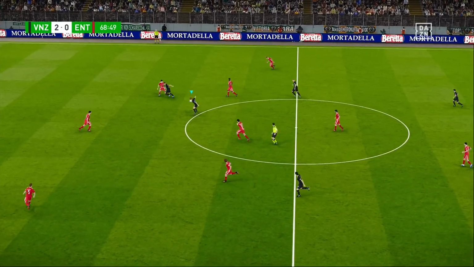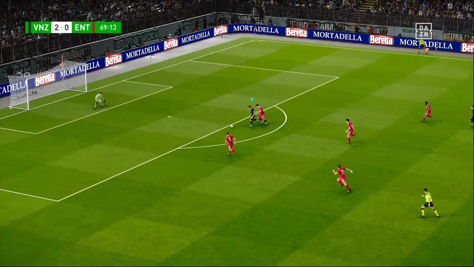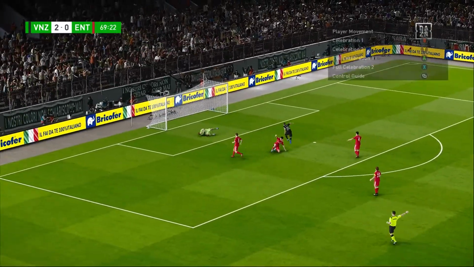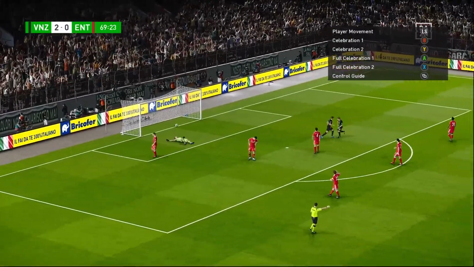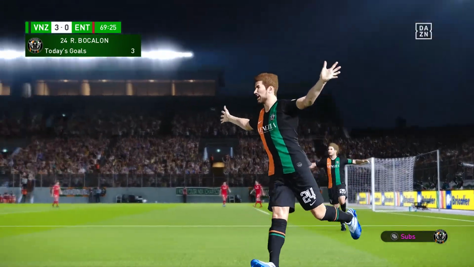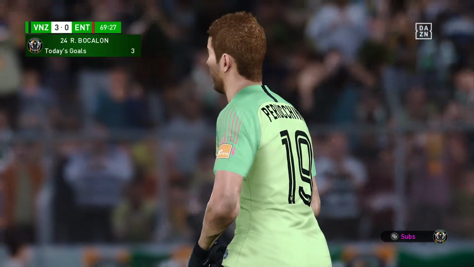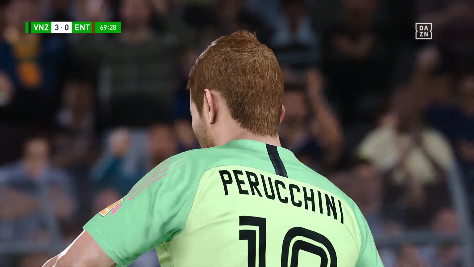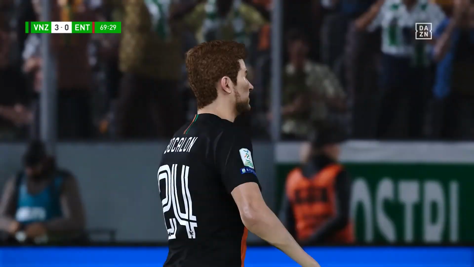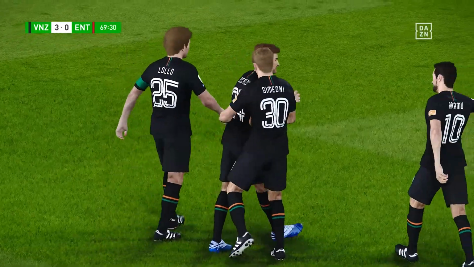Looks for that through ball. Finds him. Bocalone. Oh, nice release. Can he get the hat trick here? And he does. It's a hat trick for number 24. Bocalone came to play here today at the Penzo and putting on a show. As Virtus and Tella are just witnesses to